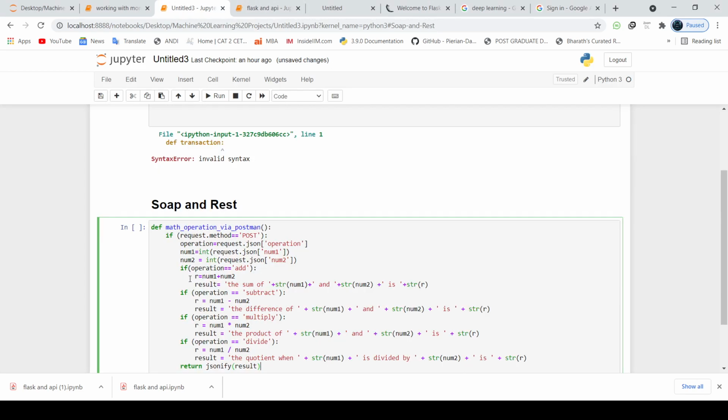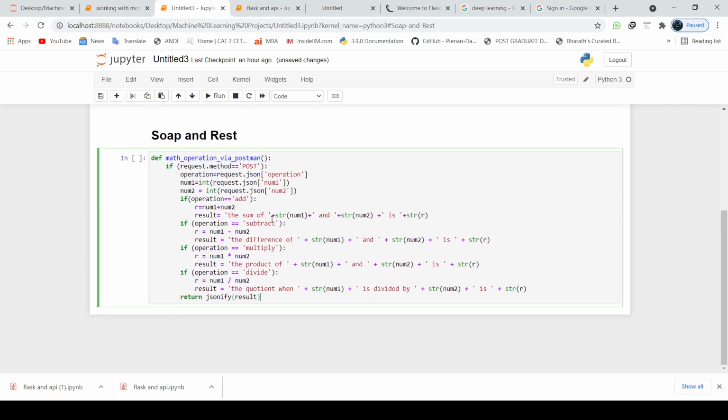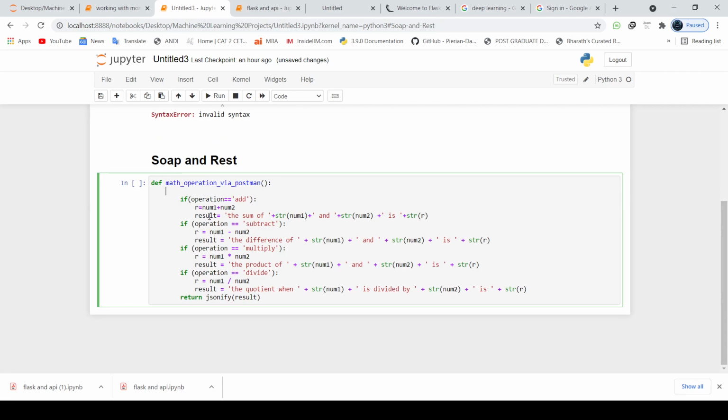I have added this function which I defined, and let me remove some of the lines that are part of the Flask module.